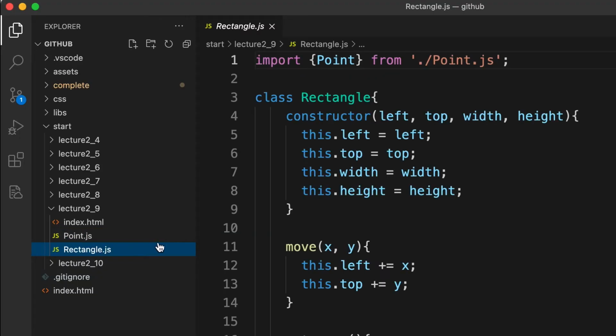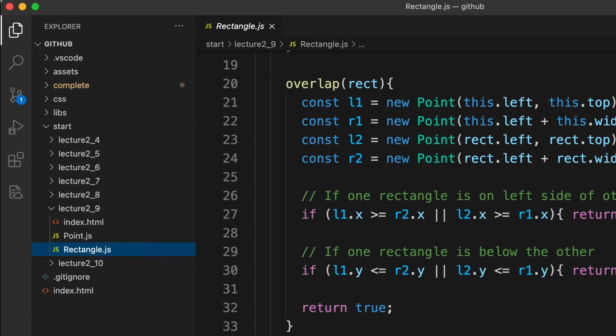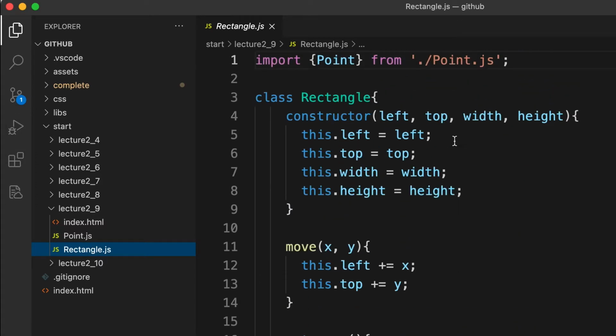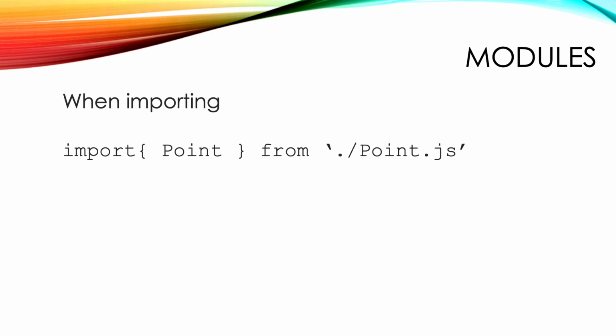Now take a look at the rectangle.js file. You probably guessed that this contains the code for the rectangle class. But if you recall, the rectangle class needs to know about the point class. Notice at the start of the file there's an import line: import point from point.js. Again we use the ubiquitous curly braces, then a name used in the export line from the file chosen as the from path. We use ./